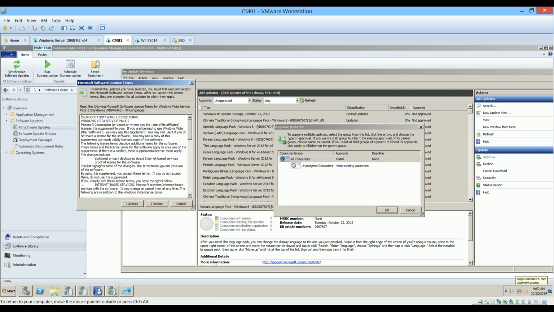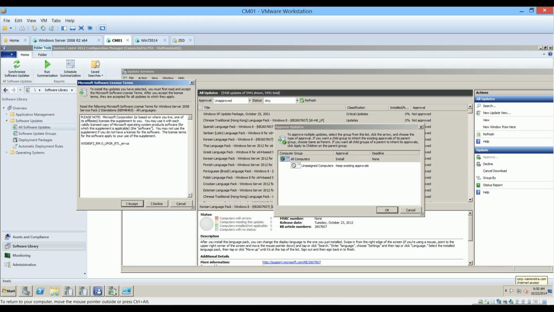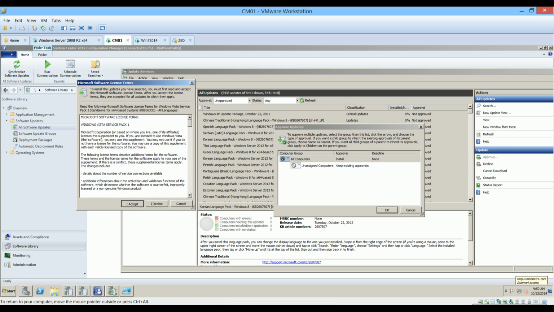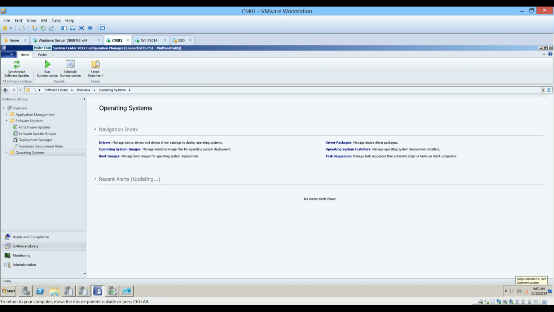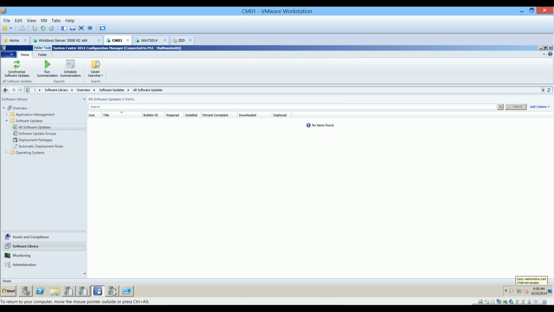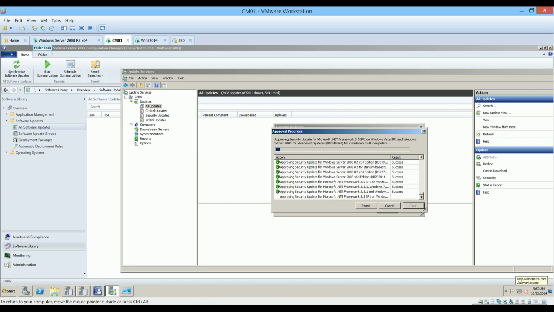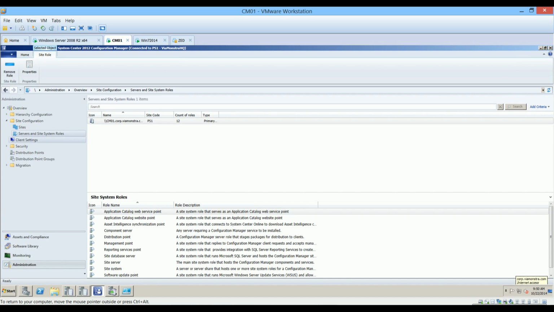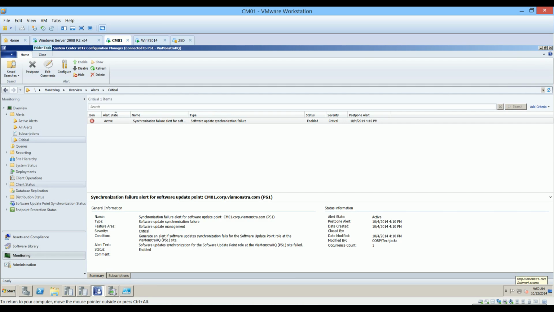So what I'll do is end this video here. In the next video, I'm pretty sure they're going to show up where they need to, which is in the All Software Updates folder, or our panel here, so that we can start setting up a collection and deploying them out into our environments. So again, this is just going to take patience. I'm approving the updates over here so that if we ever did any deployments with WSUS, we don't have any issues. I do know that you have to accept agreements with your updates within